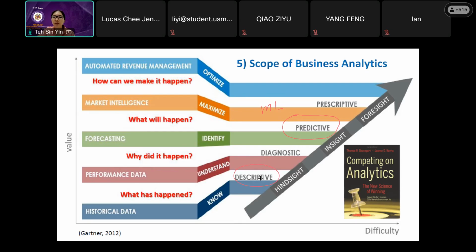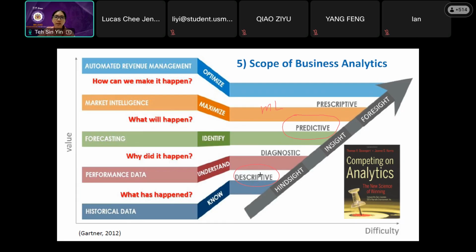When you are reporting the maximum, minimum, average value, that is descriptive analytics. You are not trying to do any prediction. When we are doing prediction, you build the model, you're trying to predict whether the future trend is going upward, going downward, and so on. That is predictive analytics. So some businesses may just stop at the descriptive analytic. It is still analytic, but you are only at the descriptive analytic level.